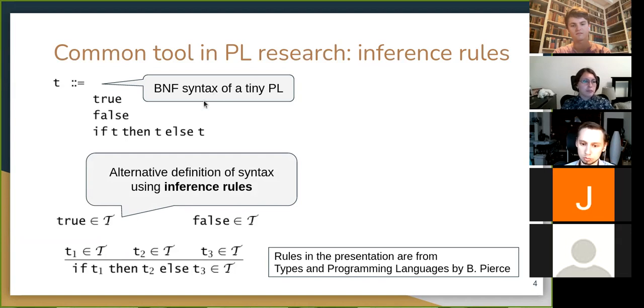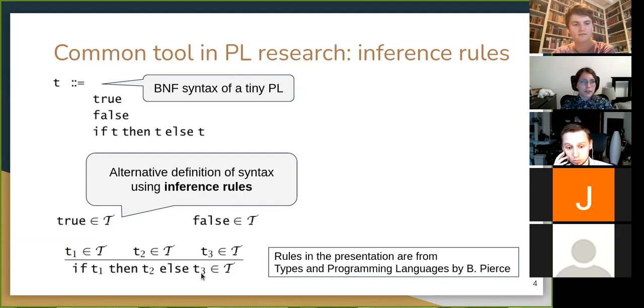Right, so this is a BNF syntax, but we can use this tool of inference rules to define the same thing. And the idea is we'll be describing what are the programs or terms that belong to a set of valid programs, the squiggly T. When we don't have anything above the rules, we just say this is a fact, like true and false are programs. And another way to build a program is to use this if expression where condition and branches are themselves